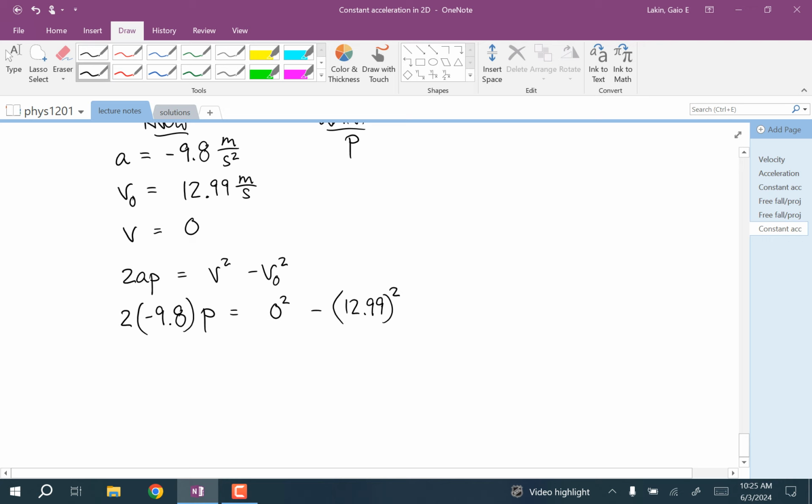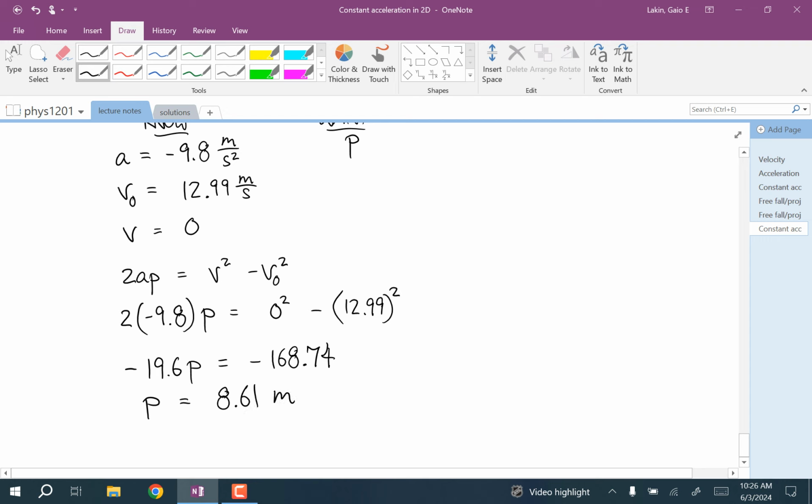Well, I'll multiply it out. You get that negative 19.6 p is equal to negative 168.74. And then divide both sides by negative 19.6, and you get that the position is equal to